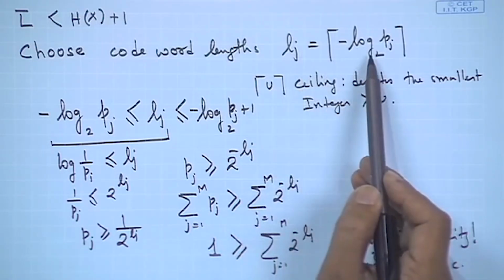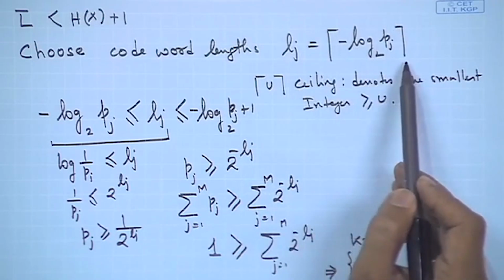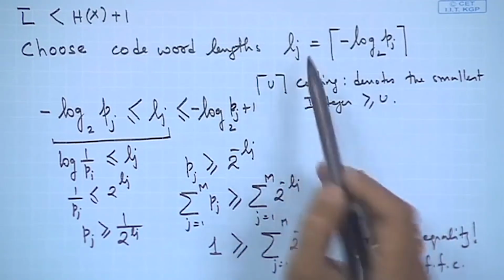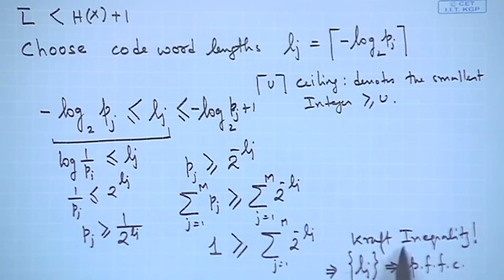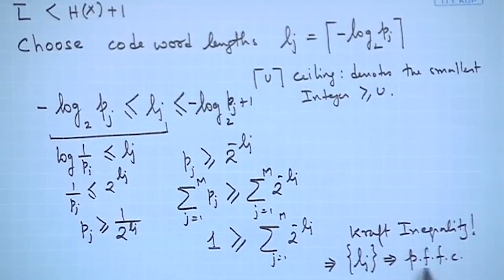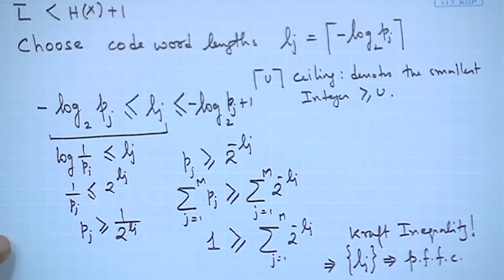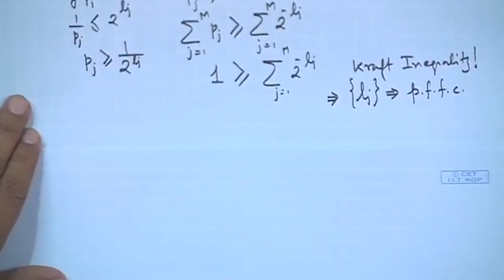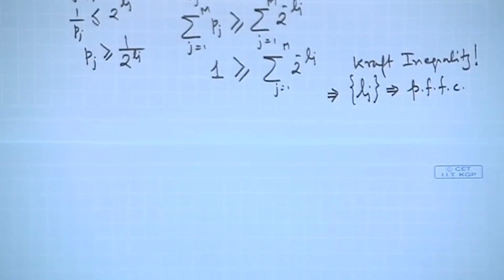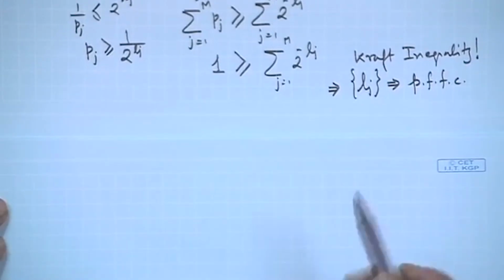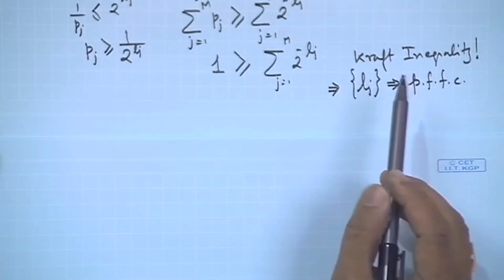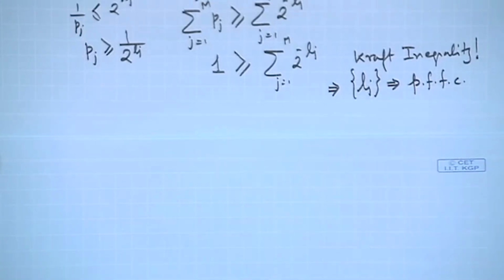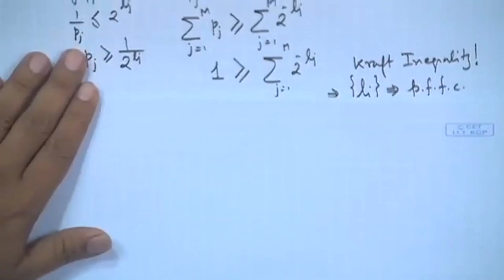And then we said, if you have to take integer lengths, you can take this ceiling function, which gives the nearest integer. So, even by selecting that, we can say that this set of code word lengths satisfies the Kraft inequality. That means you can construct prefix free codes. So, that is the first constraint that it satisfies. Now, we move down further and try to see what we have with us now. In other words, to summarize, you can construct prefix free codes with this. All right. So, moving further,